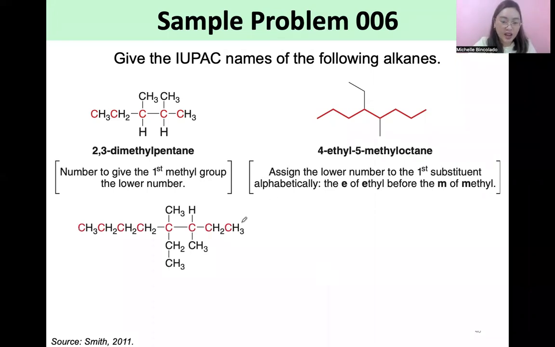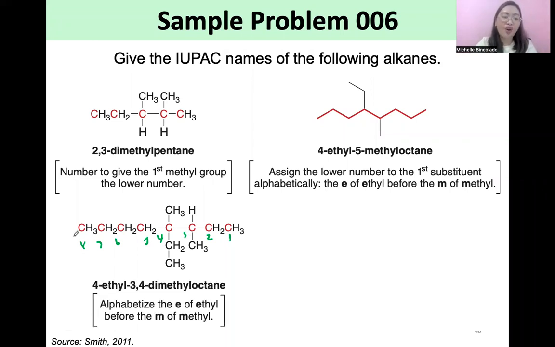So let's count guys. So this is 1, 2, 3, 4, 5, 6, 7, 8. Pasensya na. Lumilipad yung sulat ko. So at carbon 3, we have a methyl group. Carbon 4, we have methyl and ethyl. So dapat guys mauna yung ethyl group. So the correct name for this compound is 4-ethyl